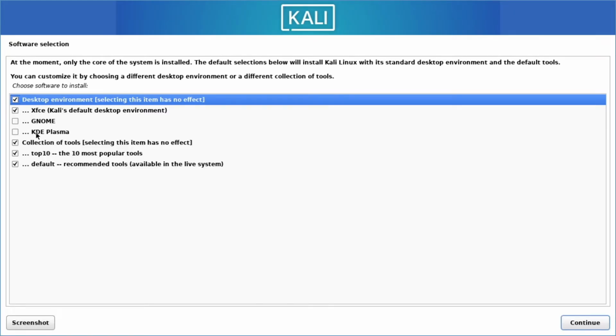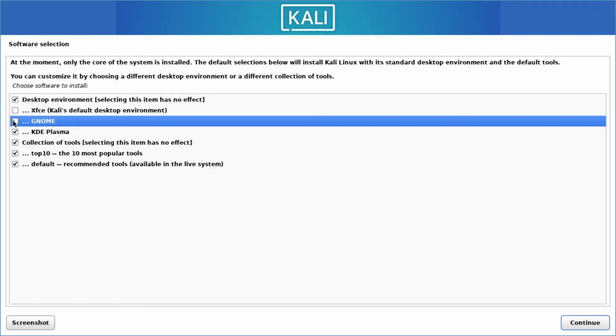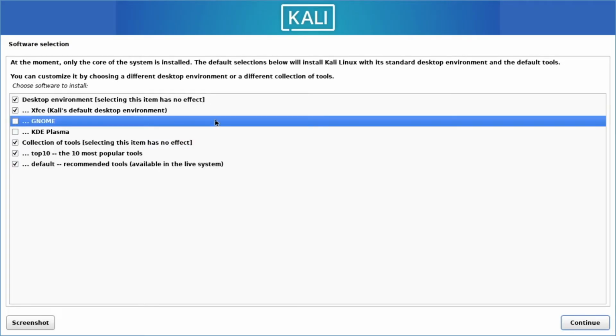However, if you wanted GNOME or the KDE Plasma desktop environment, then you could uncheck and check whichever one you want. So if you want KDE, this is how it looks. If you wanted GNOME, that's how it looks. If you want XFCE, then that's how it should look. Anyhow, like I said, for the sake of this video, I will leave it on the default,